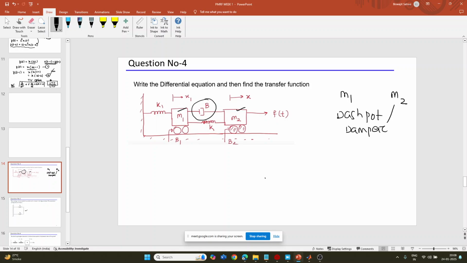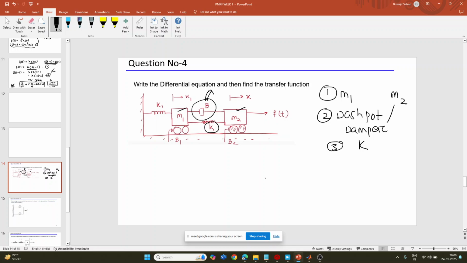So what do you understand? First of all, we find what masses are there. Second, there is a damper. Third, you can see the spring constant K. This B, the dashpot, stores energy in air, or in the form of a fluid. That's why it is called the viscous friction coefficient, something related to fluid or air. And this K is called the spring constant, related to the energy stored in the spring.